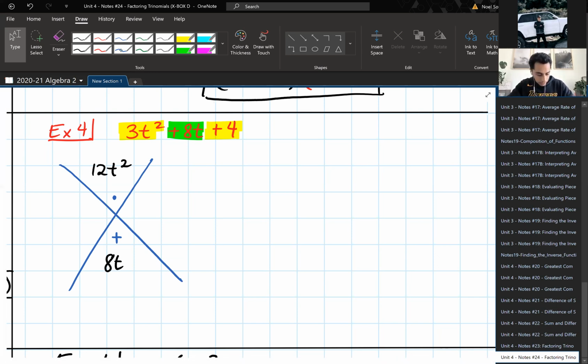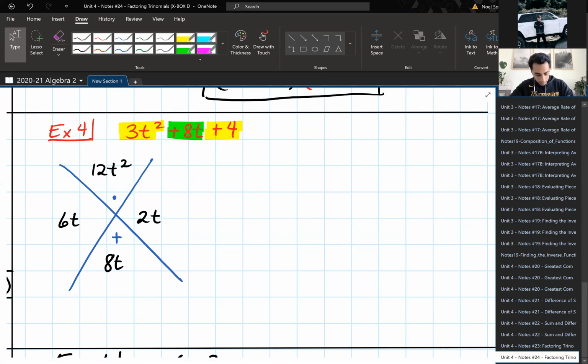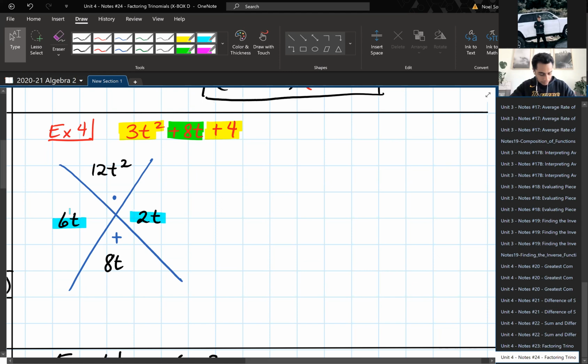There we go, right? So it looks like 6t and 2t, both of them positive, because we need them to add up to be a positive 8. So it looks like this is a good combo right here, 6t and 2t. So if we draw out the box,